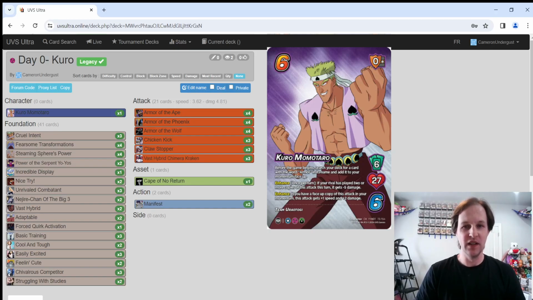Welcome back, everyone. So for today's Day 0 build for Yu Yu Hakusho Dark Tournament, releasing February 23rd, 1 week as of recording, we have Kuro Momotaro. He is a 6 hand size, 27 health character from Team Uraotogi, and he has the Air, Chaos, and Earth